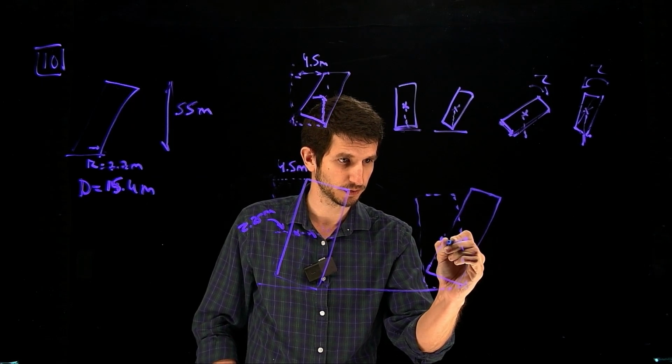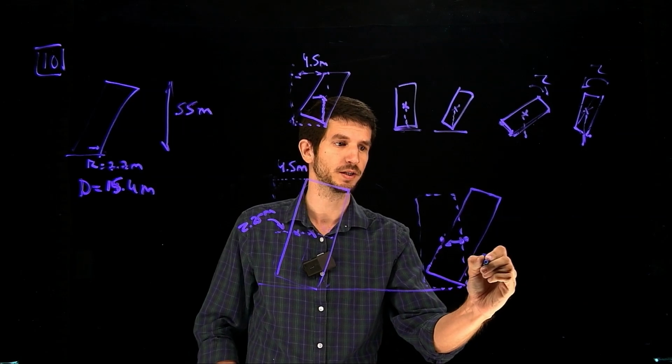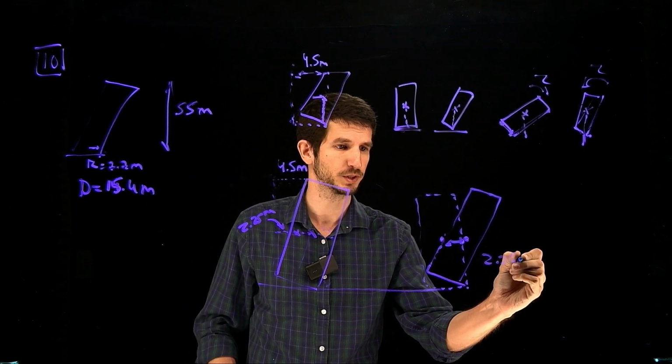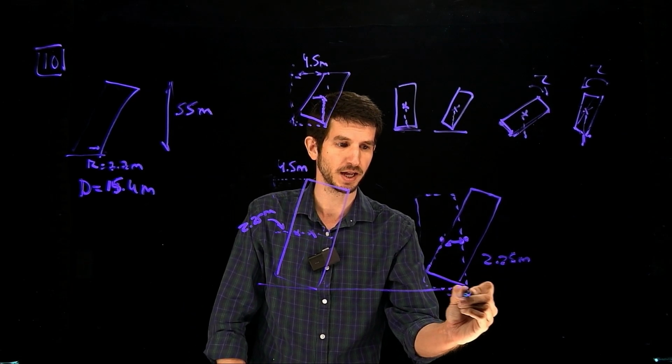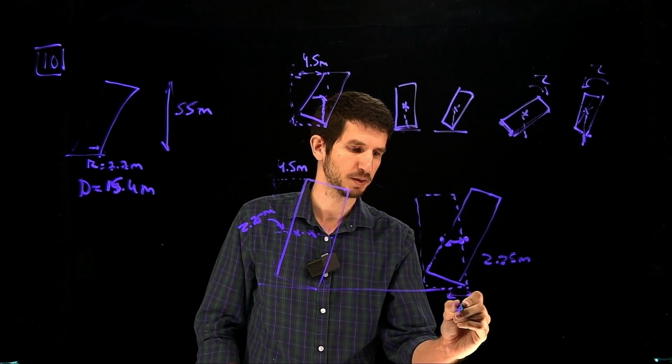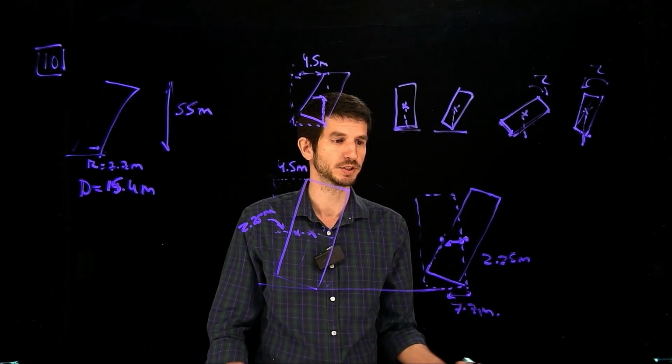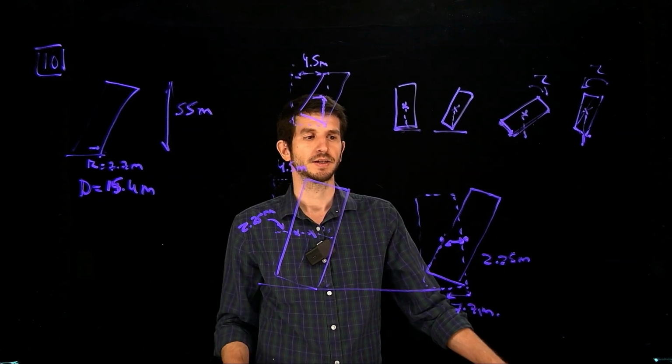This distance from the previous to the other one is 2.25 meters. But because the center of mass has a distance of 7.7 meters, this object is within